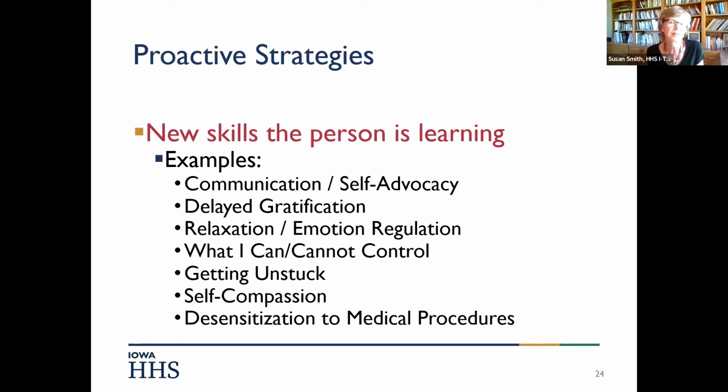Next slide. So I also include in the BSPs new skills that the person is learning or that I think would be valuable for them to learn. Sometimes these are skills that are learned in a counseling session. Sometimes they're things that staff can expose a person to in their day-to-day interactions. Sometimes it's modeling the skill. If staff model the skill for the person, that's going to be way more effective than sending somebody to therapy once a week or once every 2 weeks. So I like the staff to know what they are. I would never put this many in one BSP, but it would be something that I would talk with the team about and explain.